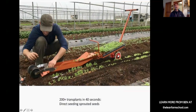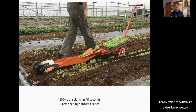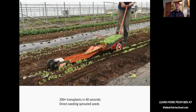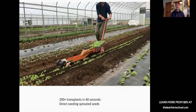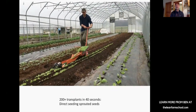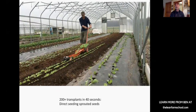For one, you need to have soils that are loose enough that they can handle the action of the paper pot transplanter. There's a furrow underneath here that's cutting a furrow, and you see the wheels on here, need to be able to pack that soil back in around the crop that's being transplanted. And so again, another reason why we don't consider those exclusively no-till is that our soil conditions,